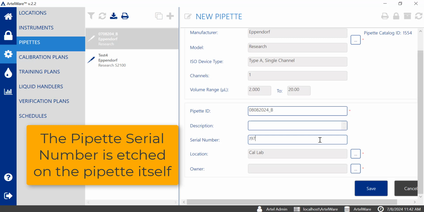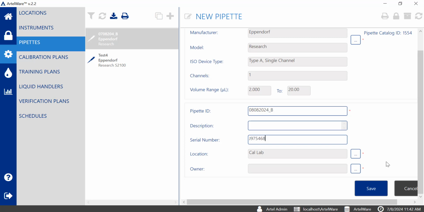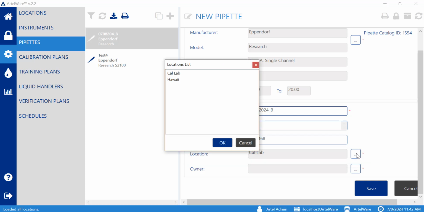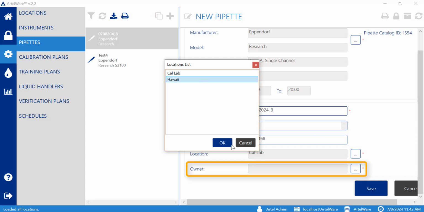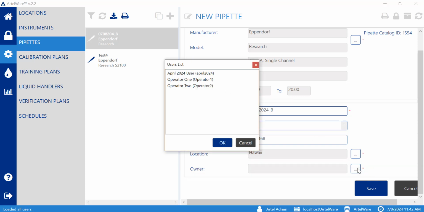So let me go ahead and populate that information in. Next, we have to select the location for this pipette. Now, what ArtelWare will do is automatically assign the location that's listed first alphabetically in your location list, but I'm going to go ahead and select a different location, and then I'm also going to select an owner for this